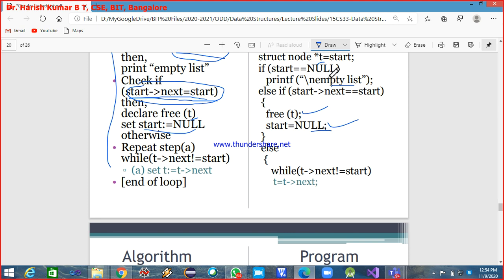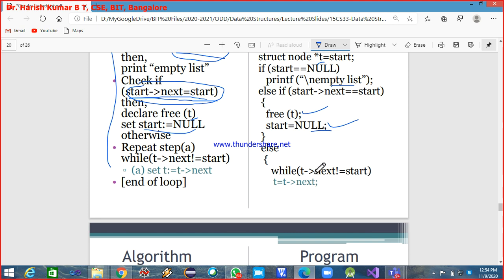Else, if the list is not empty and has more than one element, then this is what we do. While t arrow next is not equal to start, what does it mean? It is not the last node. So keep incrementing this t: t is equal to t arrow next until the next field of t is equal to start.